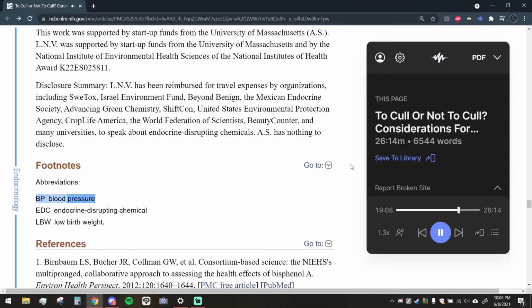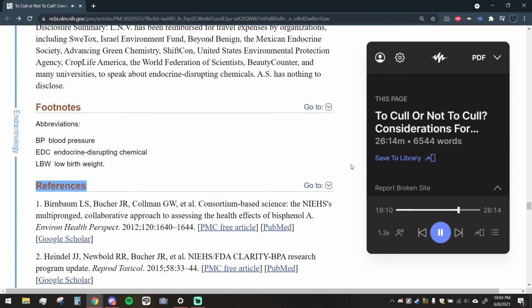Footnotes. Blood pressure. EDCs: endocrine disrupting chemical. Low birth weight. References: Bernbow